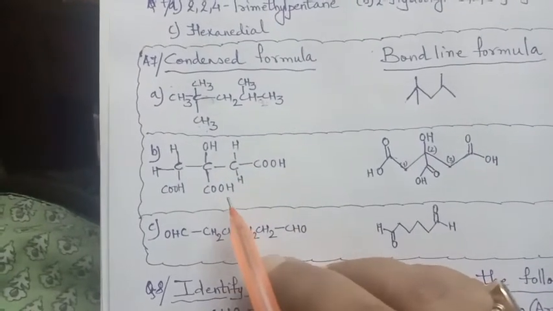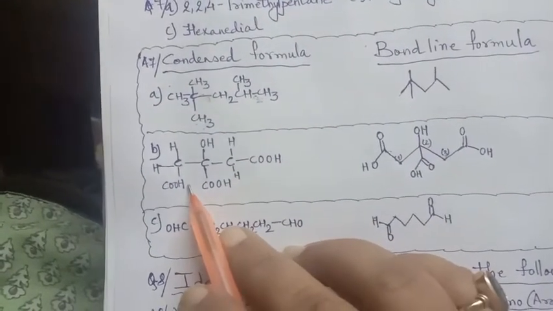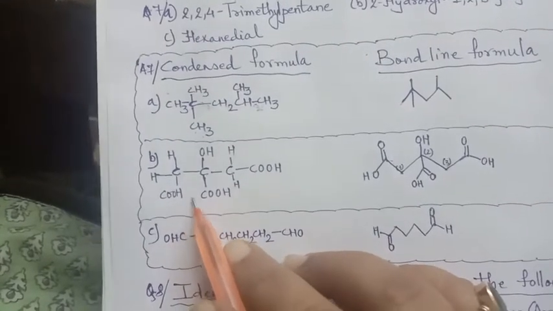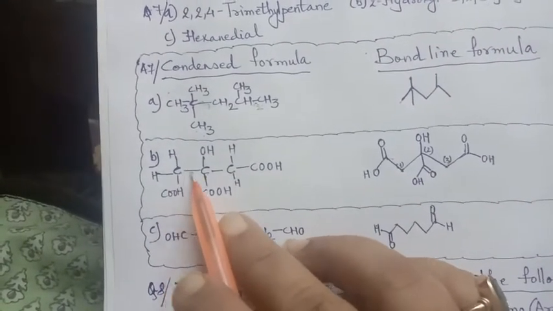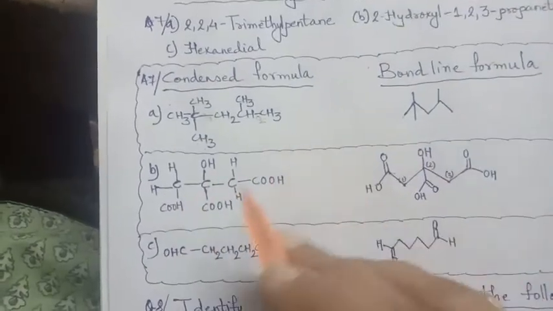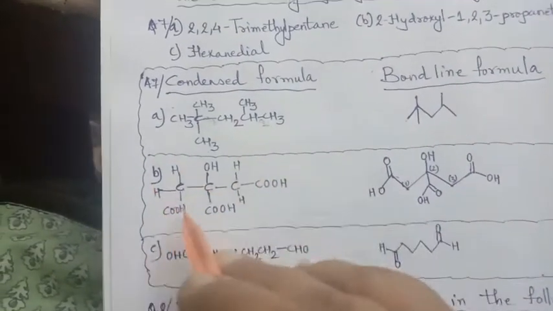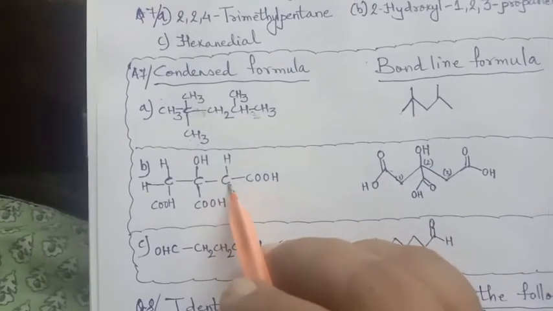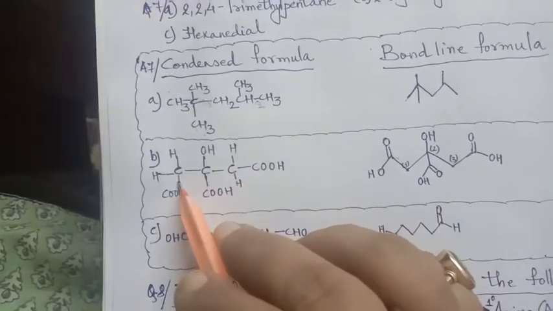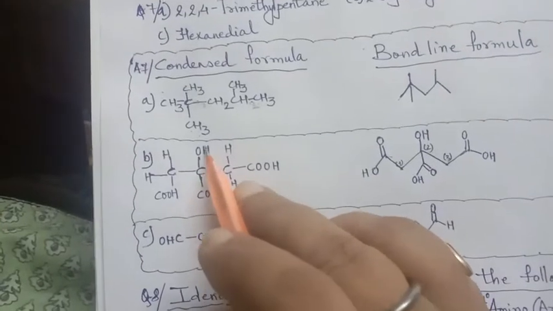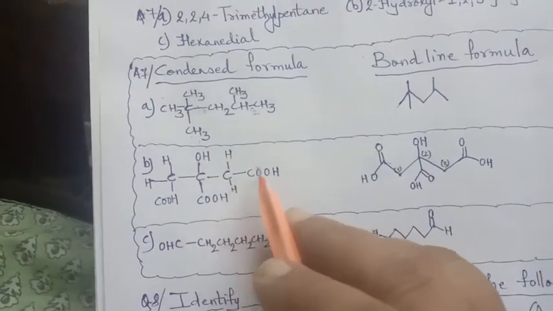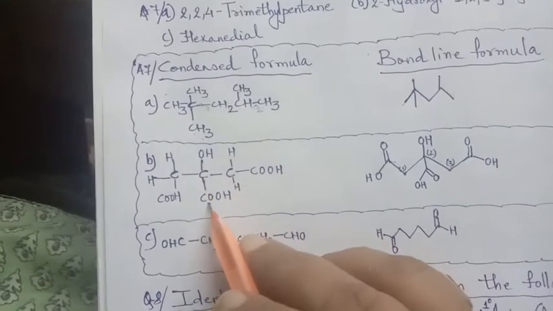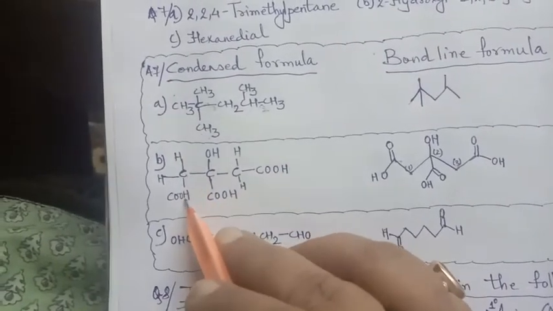So here it happens that when we are considering this, one of the carboxylic groups is not adjusting as part of the longest continuous chain. So we will leave all three as attached carboxylic groups. And so this will be considered as 1, 2, 3 propane. On the second carbon is a hydroxy group, and on the first carbon is also a carboxylic acid, on the second is also carboxylic, on the third is also carboxylic acid.